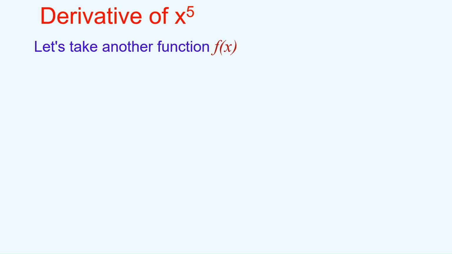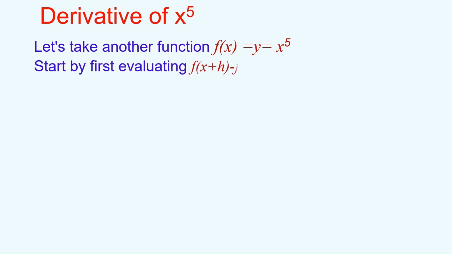Derivative of x to the power of 5. Let's take another function f(x) equals y equals x to the power of 5. Start by first evaluating f(x plus h) minus f(x), that is, (x plus h) to the power of 5